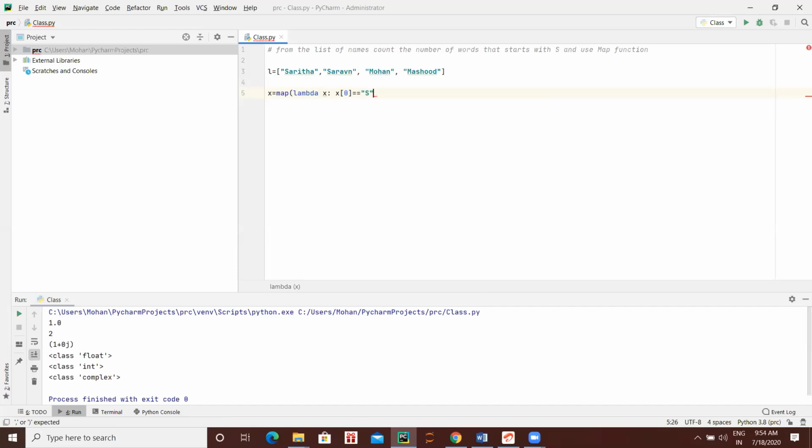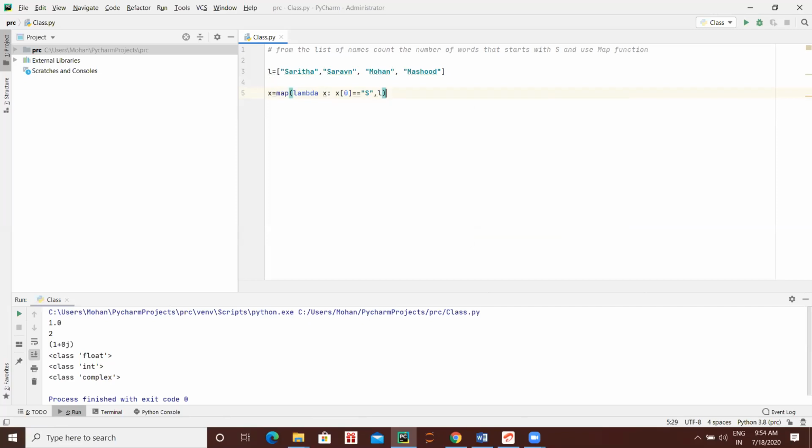Bracket close. Okay, before that give comma L. Before the bracket give comma L.